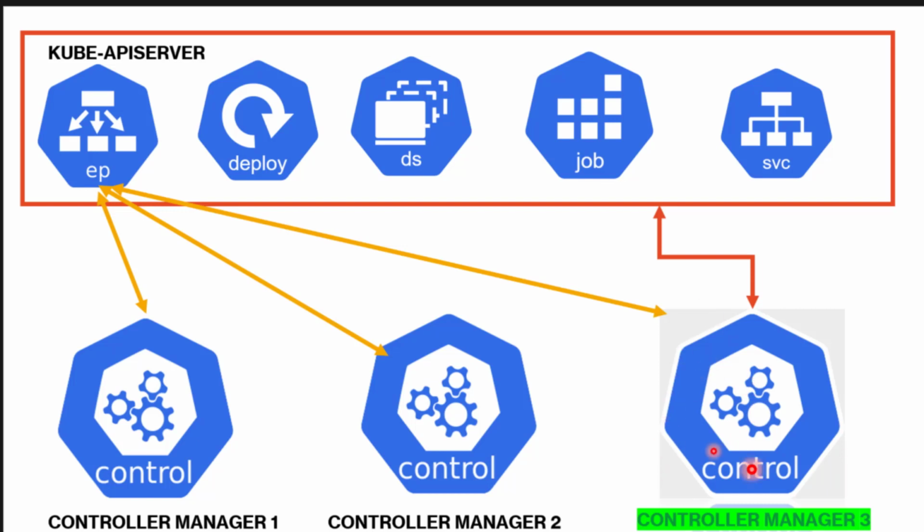Once it fails, when this goes down due to some unfortunate situation, then there is an election. It will stop sending the heartbeat to the endpoint, and these two controllers are continuously keeping a watch on this endpoint. As soon as they stop sending the heartbeat, they start becoming candidates for election, and one of them is elected as a leader, and then again this one or this one becomes a leader, and then they start managing these services, resources, Kubernetes API resources.